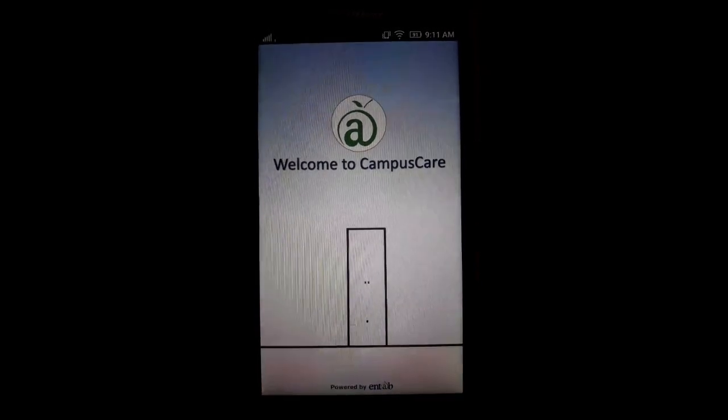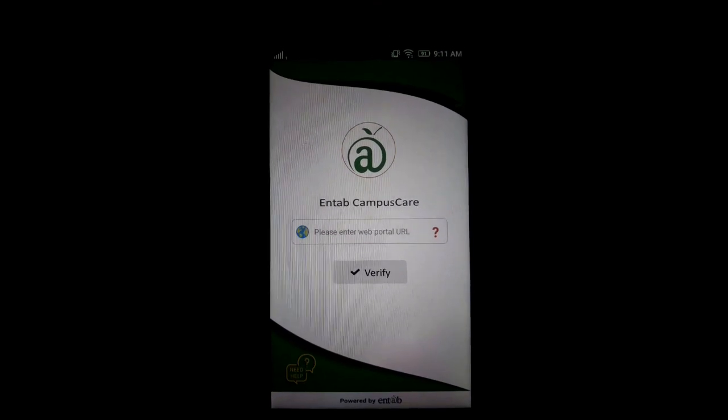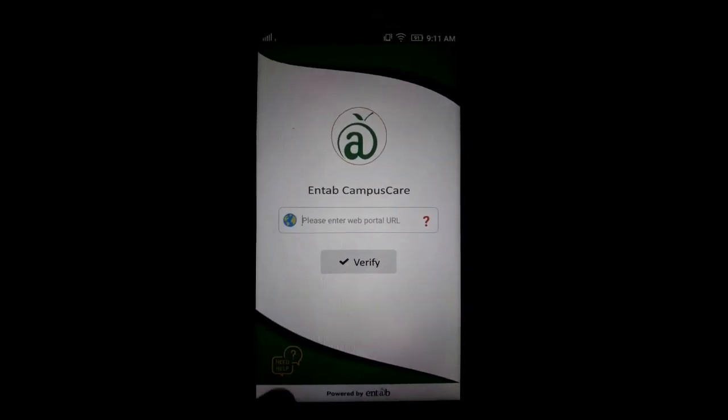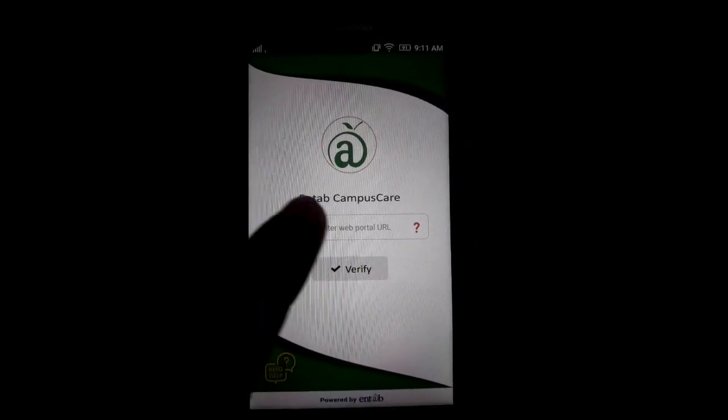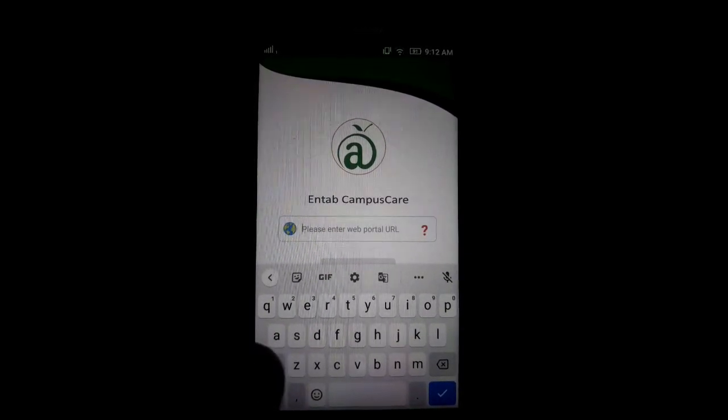So first install your Campus Care. After that you will get this page. Okay, open that Campus Care app. Then here you have to type St Teresa Bolpur